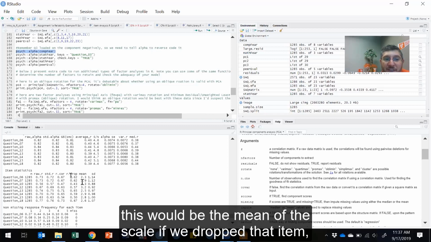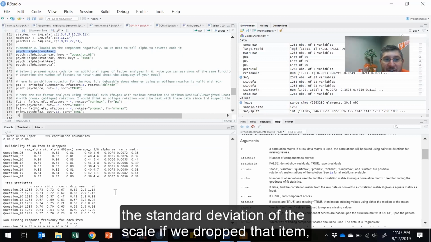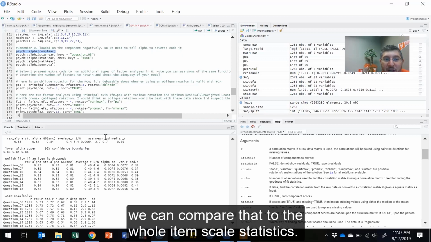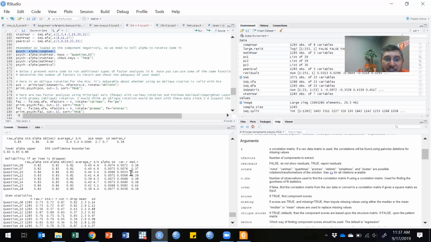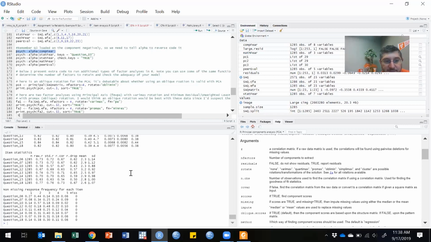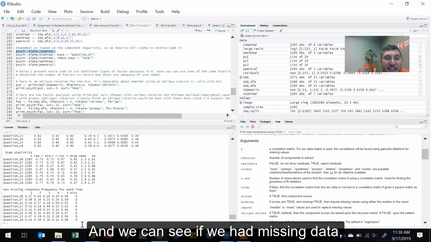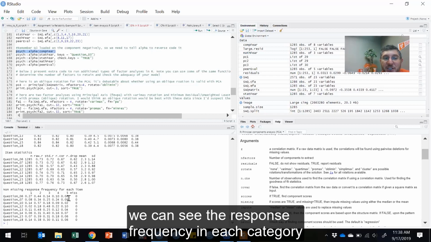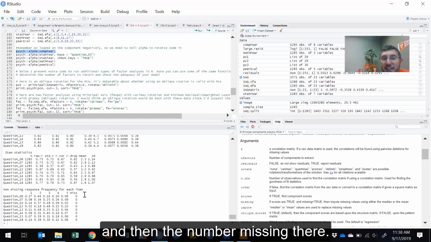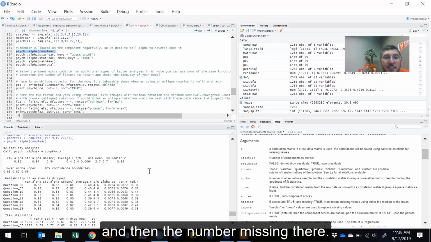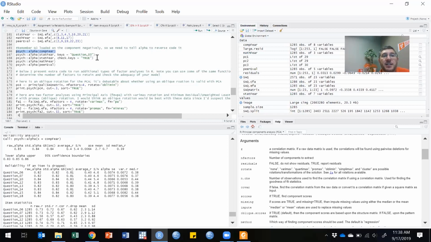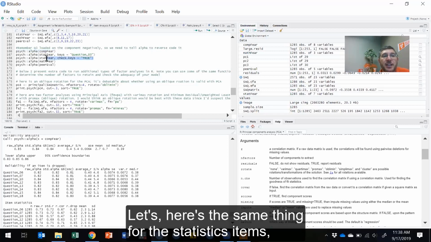This would be the mean of the scale if we drop that item, and the standard deviation of the scale if we drop that item. We can compare that to the whole item scale statistics. And we can see if we had missing data. We can see the response frequency in each category and then the number missing there. Same thing for the